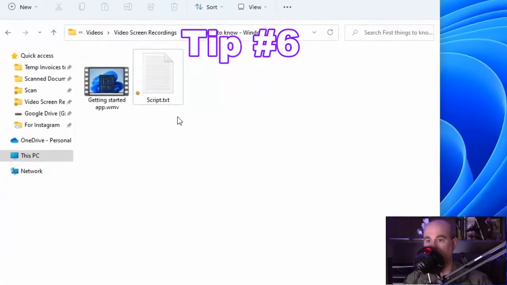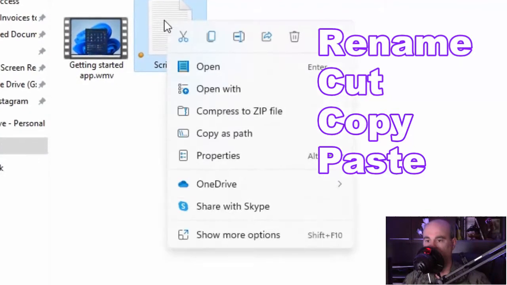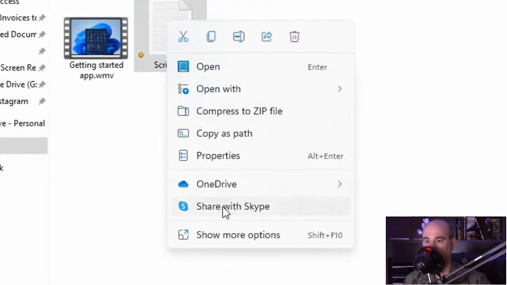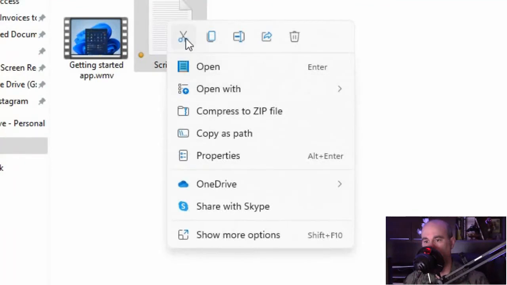The next thing you might find interesting is renaming files. So if you right click on a file, previously in Windows 10 you would just go down to rename, which would be somewhere down here near the bottom, but nowhere in here you see rename. But if you look close enough, up at the top there is a pair of scissors here for cut, and a little icon of two files together to copy, and there is rename. You also have a share link here, and then there's the delete option as well.